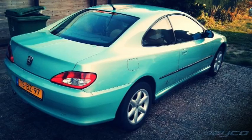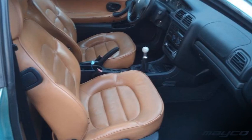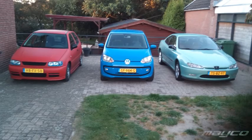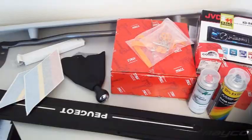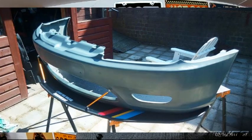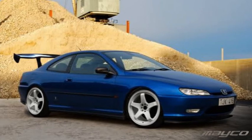I think I picked the car up in 2016 or 2017, and the first year I basically did a lot of maintenance to it. I had two other cars back then, so I didn't really need it. I could take my time and do some stuff. I collected everything that I needed, so additional interior bits and some tuning parts, and some upgrades from the V6 version, for example, like the strut bar. And of course, I started to design the concept of what I wanted to do,